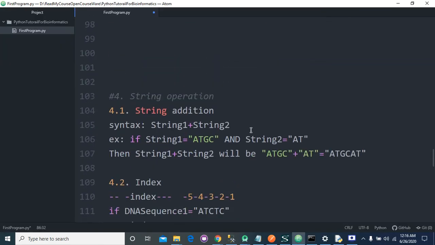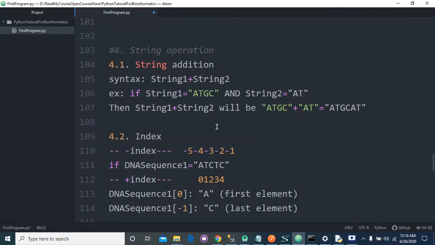Now the next section is string operations. Strings are very important because in bioinformatics we will mostly be dealing with sequences, DNA sequences or RNA sequences or anything, and those will be strings.